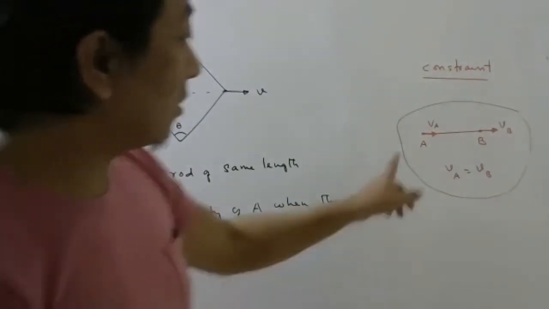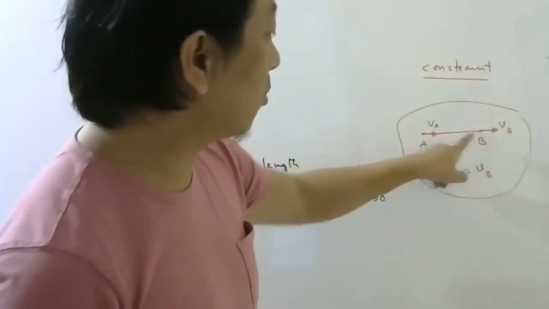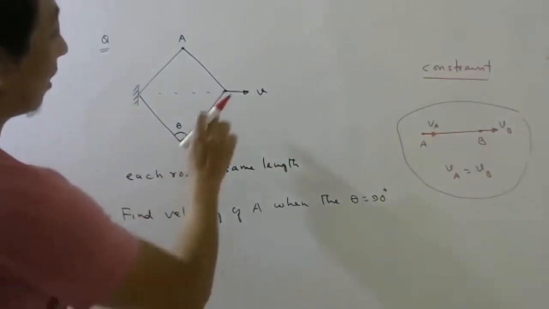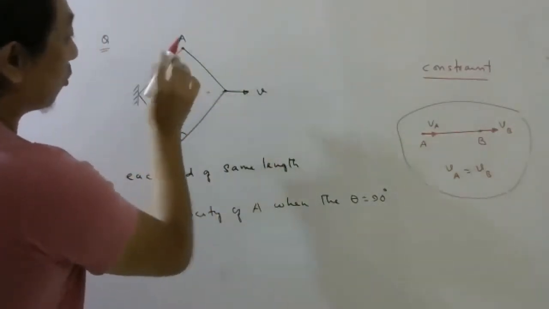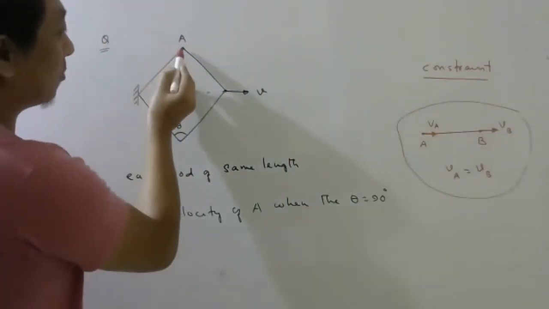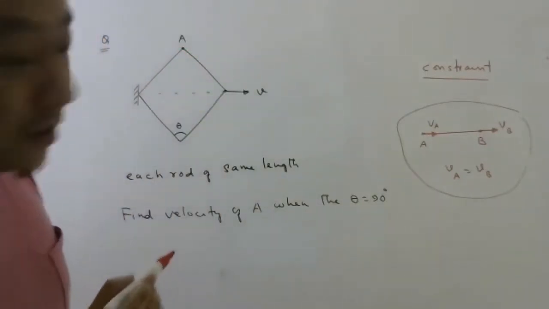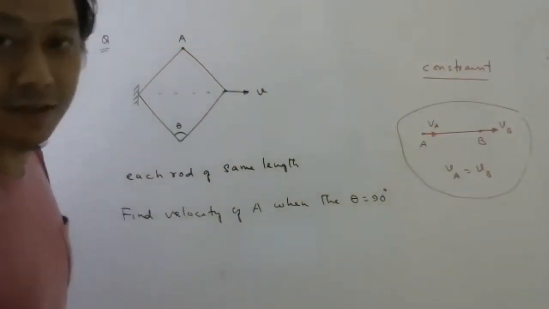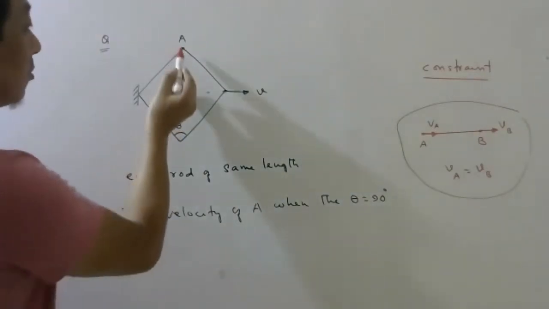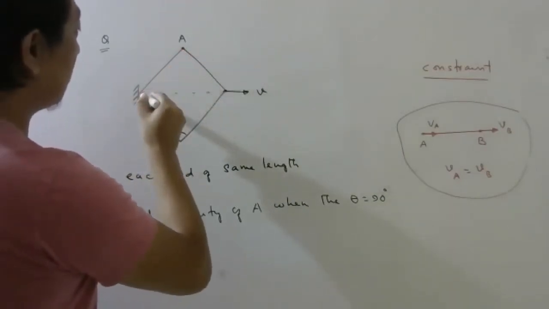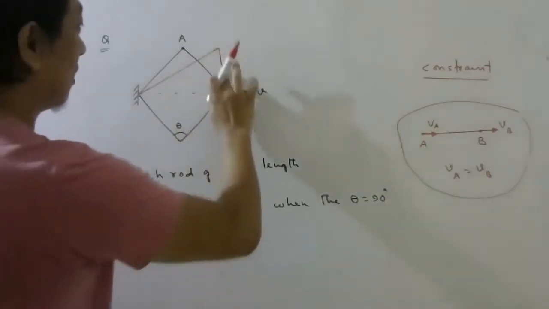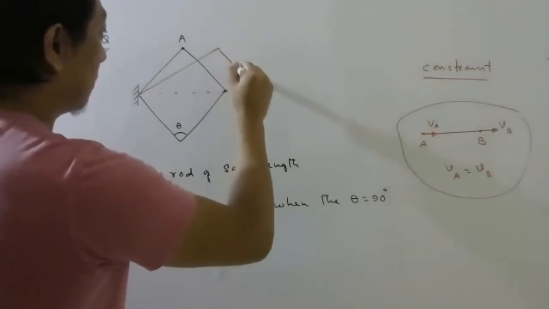So along the length of the string, the velocity of this point and this point should be equal. This concept we have to apply. Now, tell me one thing. As I move this point, do you think this point will go along this axis only? No, sir. Because if this goes that way, then the shape will become like this after some time. Sorry, this may be somewhere here. So like this it will become.